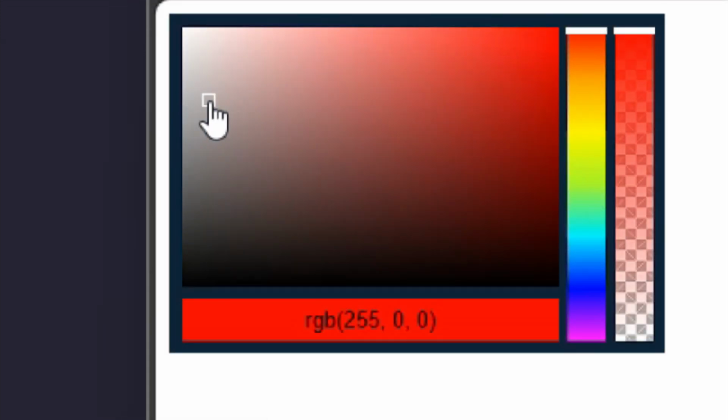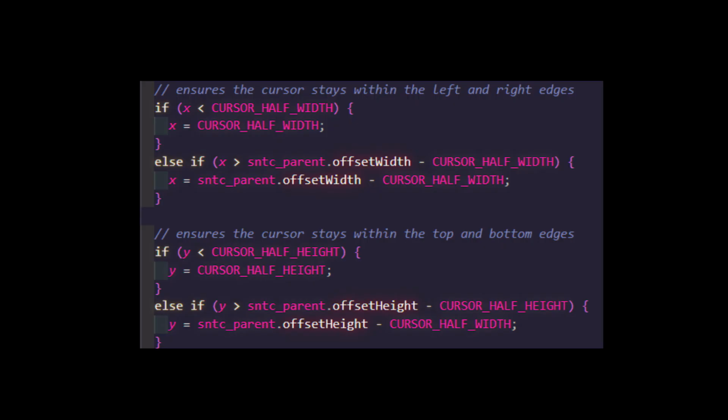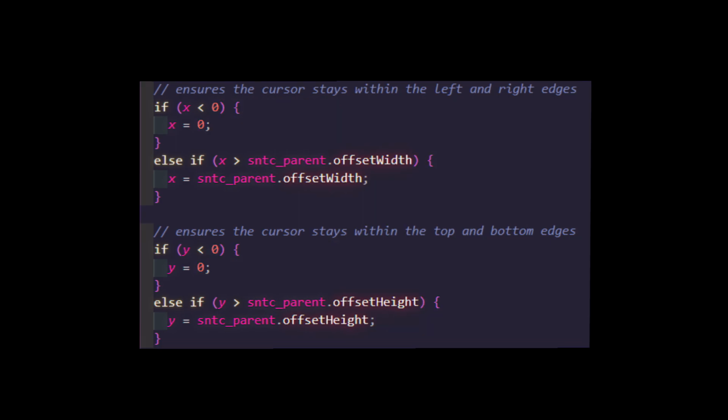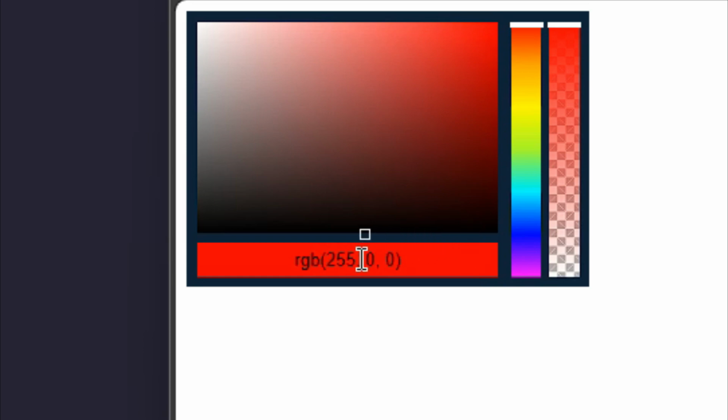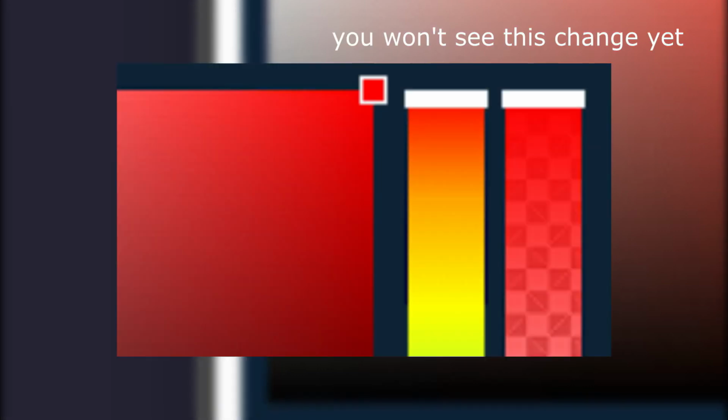As I was testing the movement mechanics, I realized that if the user wanted to select the colors on the edges, it would be better to allow the cursor to move slightly beyond the borders. So I went back and made some adjustments to the helper's conditions. Now the cursor was able to move around the edges, but it still couldn't fully escape, which is what I wanted. This change didn't work well with the see-through background, so I decided to replace it later with a background that matches the chroma the mouse is hovering over. In other words, the chroma below the center of the cursor.